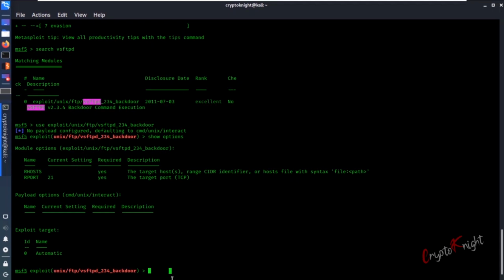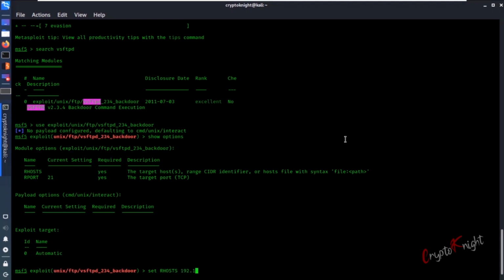RHOST is basically the victim machine. If it was written LHOST, that means our own IP. RHOST and RPORT both belong to the victim, and LHOST and LPORT both belong to us, the attacker. Now let us set the value: set RHOSTS, and now we have to give the IP of the victim.